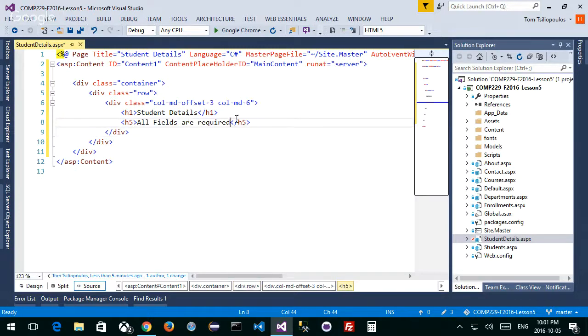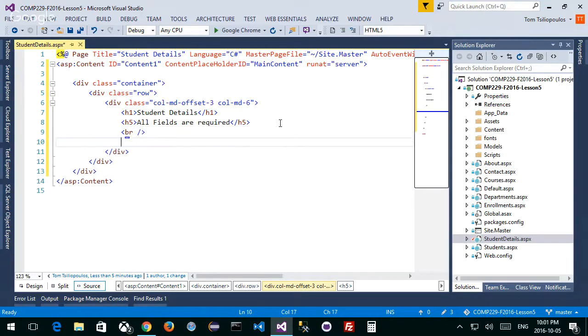I want to add a line break between these two things, and I could add CSS, but let's just for now add a BR, right? Line break. Now, this is where it gets a little hairy. What I want to do is include a form group with a label and a text box for each of the fields. I'm making a form, just like we did with a contact form. It's going to be the same thing here.